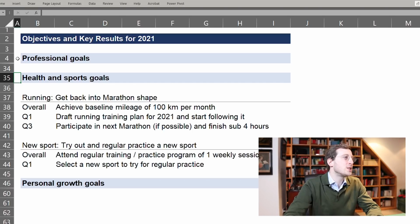So if the situation allows, I would love to do a new marathon in 2021. And the main rationale for me is just that I realized that I need such a goal, I need such an event to really keep me motivated, to keep me training. If I do not have such an objective in mind, such a reason why I should train, then it's really hard to motivate myself to really go out every week and do the kilometers. This is just why it's so important for me to have such an event to look forward to